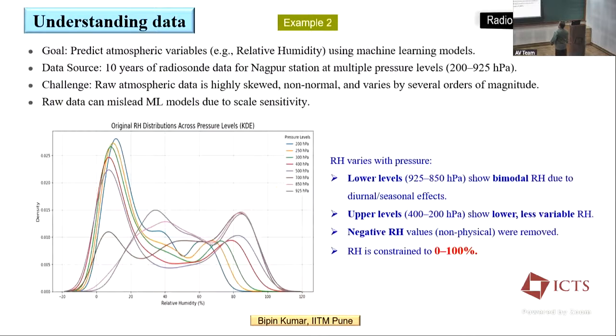See the other data, example 2, radiosonde data. All the details are there. We have the humidity, relative humidity, at different levels, and 10 years of data. What I want to say is that this is the data distribution when we got the data. Now what is the problem here? It's simple time series data from a radiosonde.